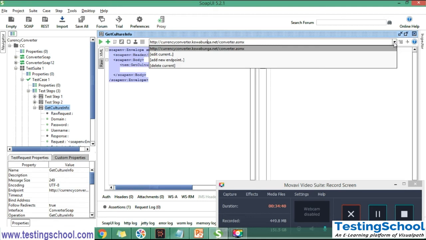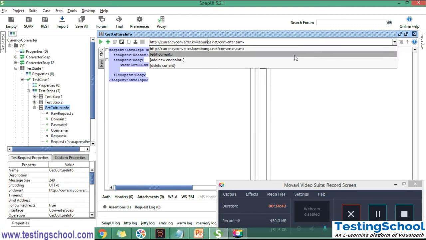But in real time, the developer will provide the endpoint, because the developer is the person who knows in which server that application code is. So the developer is the right person who will provide the WSDL and the endpoints.